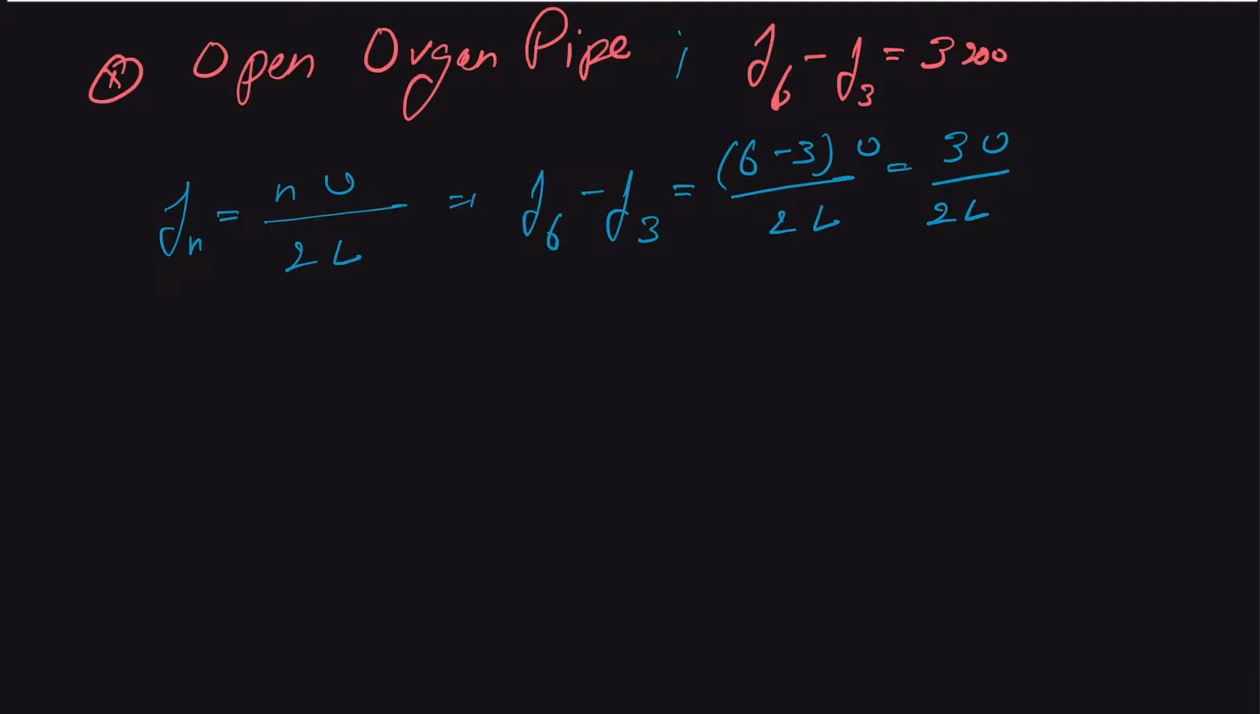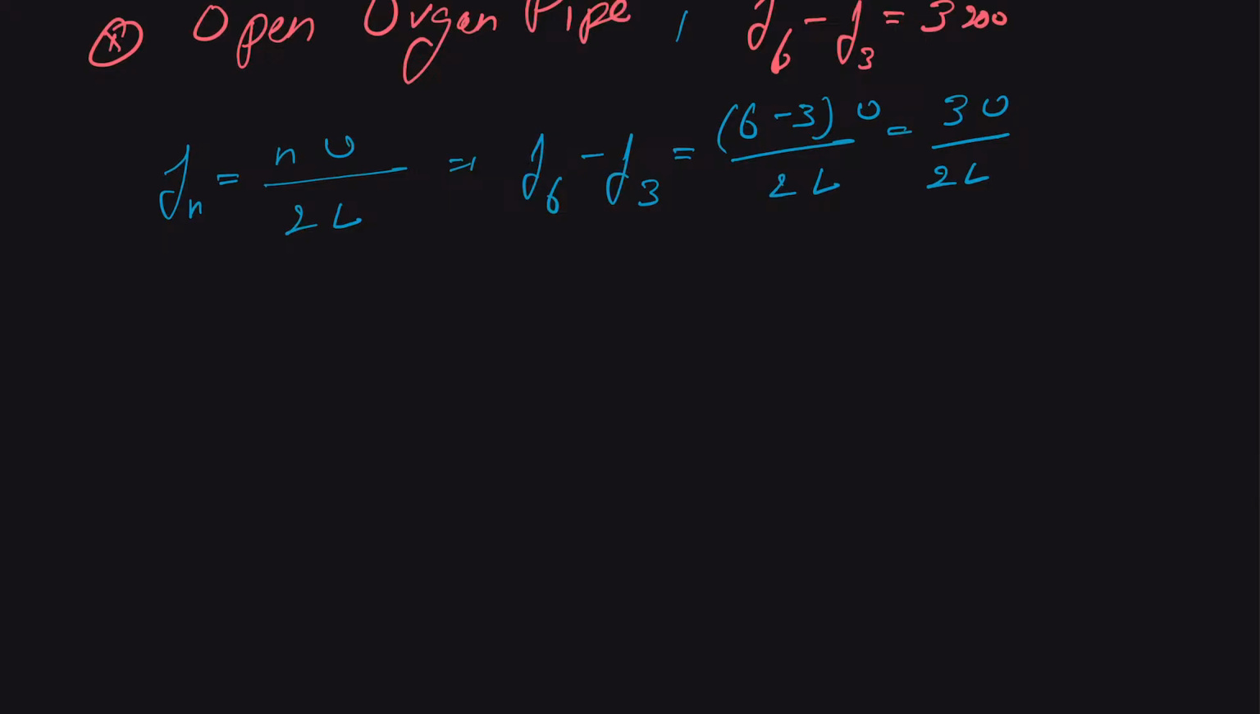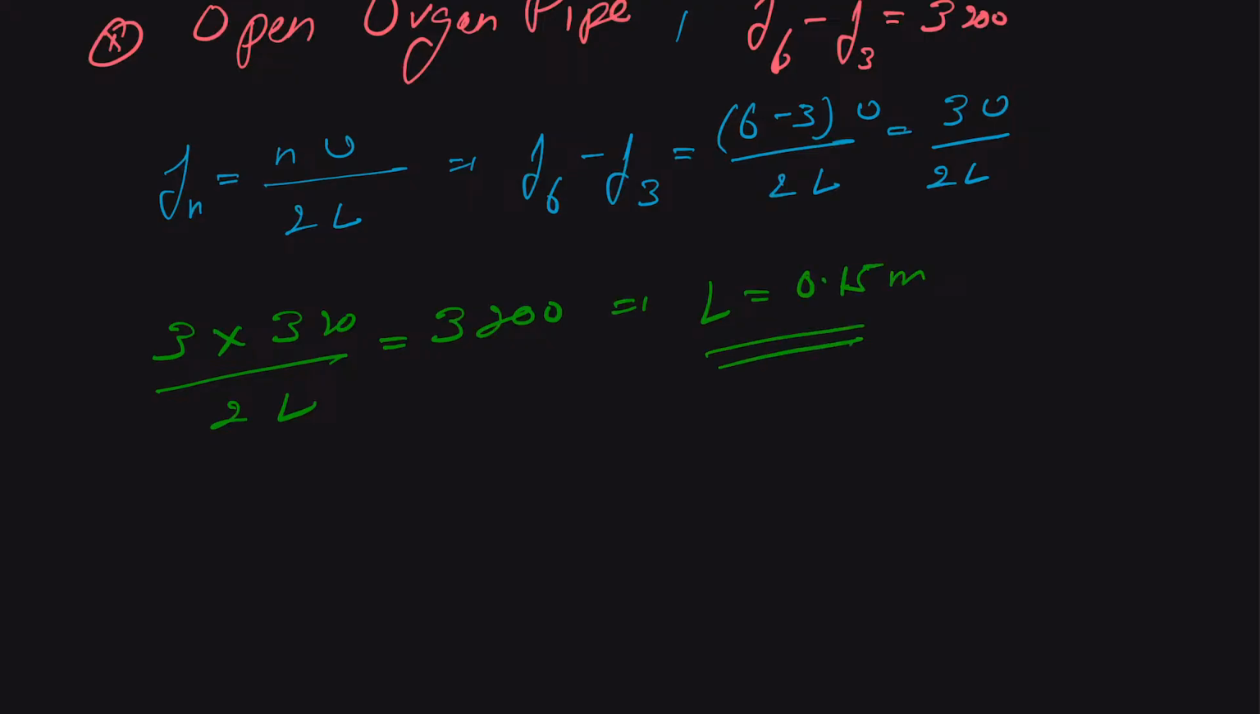and now we can just substitute the values. We are given that 3 into 320, the velocity of sound, upon 2L is equal to 3200. Therefore from here we get our L is equal to 0.15 meters. This is the value of the length of the organ pipe. Next question,